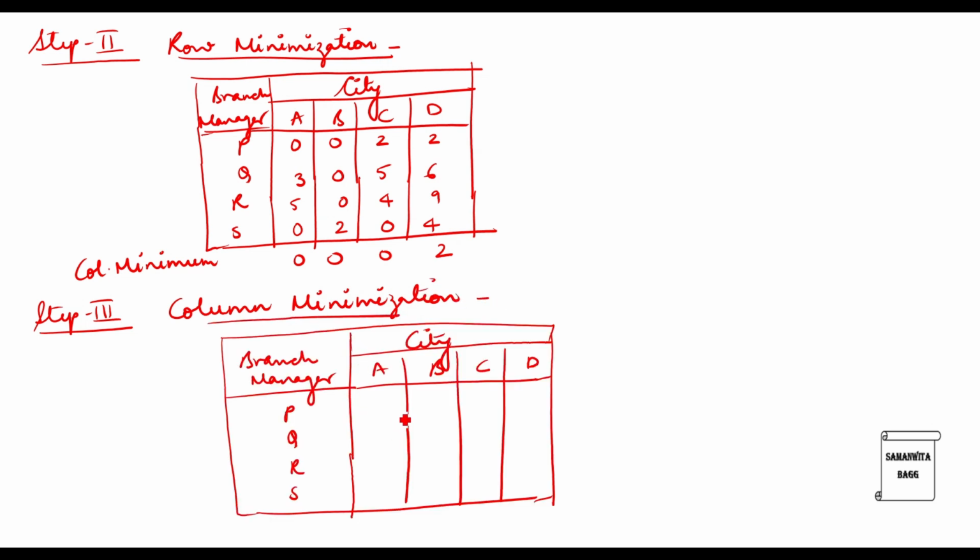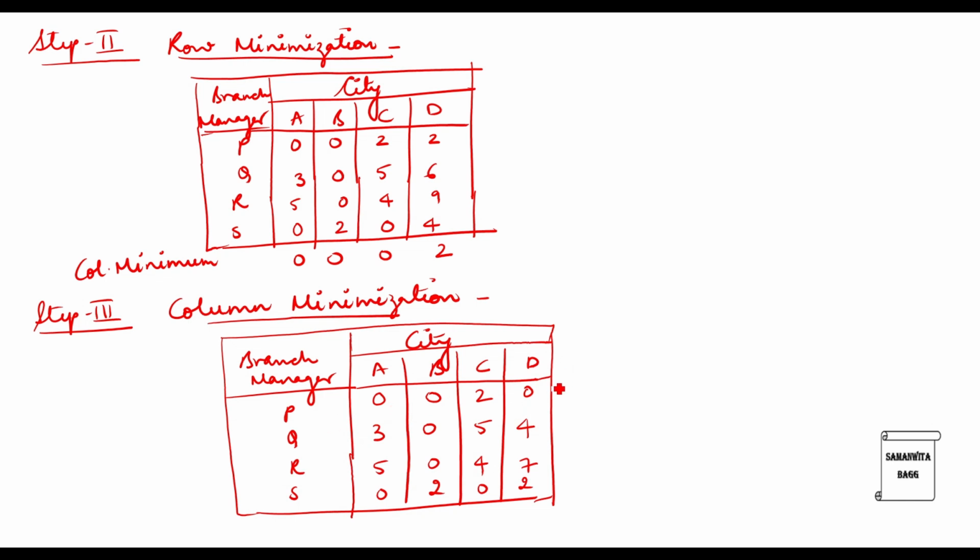So now let's subtract. The first 3 columns will remain the same. Here when you subtract 2 from each number, this is 0, this is 4, this is 7 and this is 2. So now since you have 1 zero at least in each row and column, you can go for first allocation and check if it is possible.